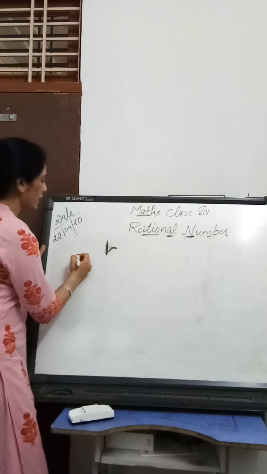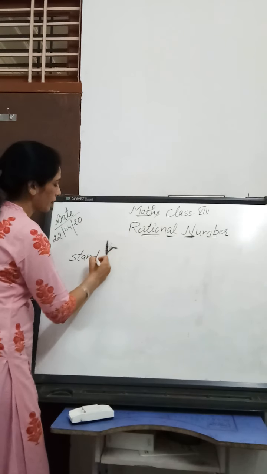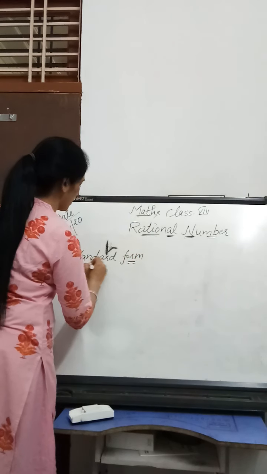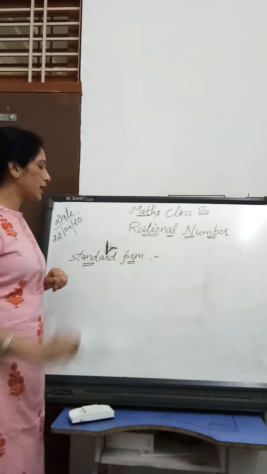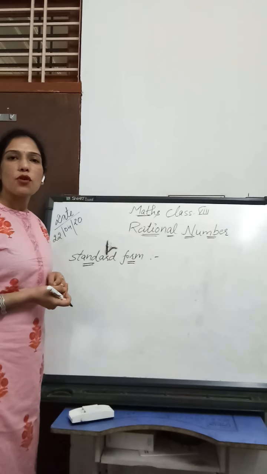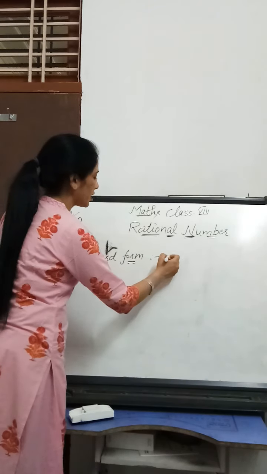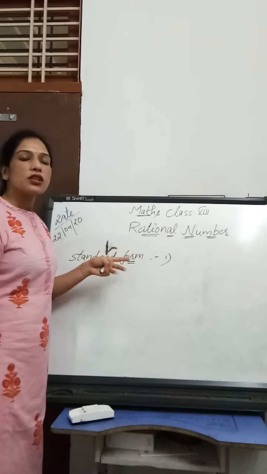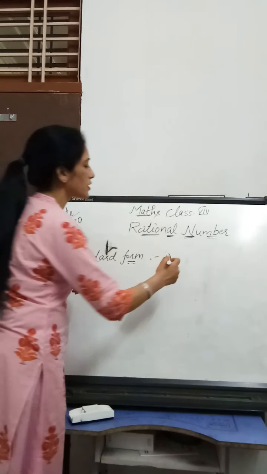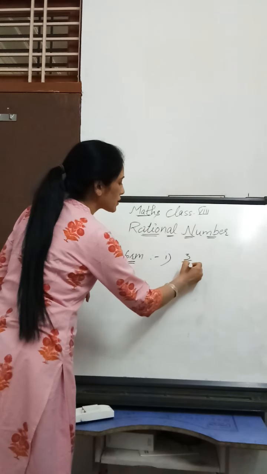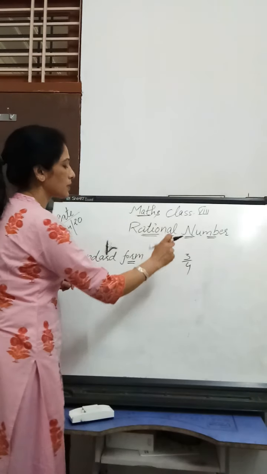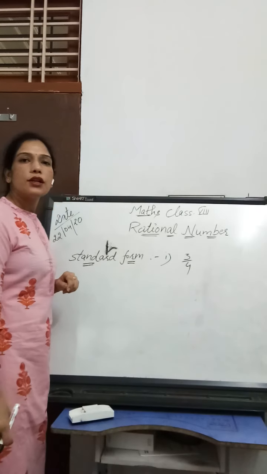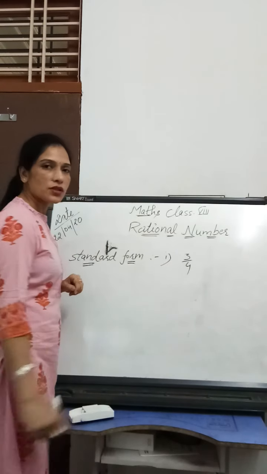Now, next we have the standard form. Standard form of a rational number. Now you have to find the given rational number is in standard form or not. There are two conditions for finding, and the very first condition is the given rational number. In given rational number, the denominator should be positive. Very first condition, for example, if 3 upon 4 is given and the question is this is in standard form or not. So first of all, you have to see the denominator. Denominator should be positive. Clear?